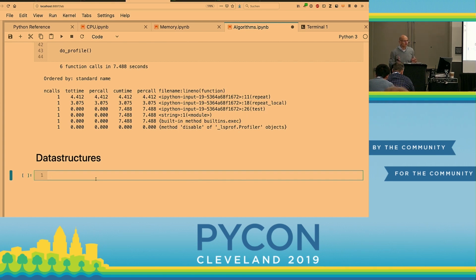And they are typically written by people that know what they're doing, and you don't have to do it. You don't have to reinvent the wheel again and again. It's there already, and you should use it. So let's look at some data structures, which ones to use. The first one is list